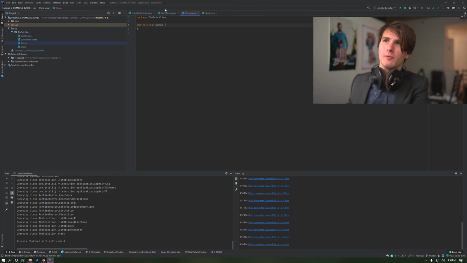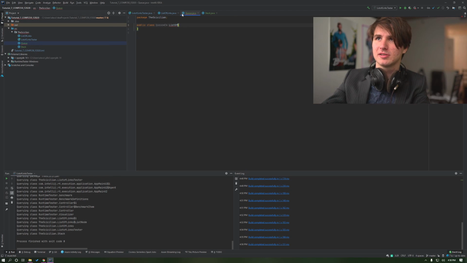Now you might be wondering, why does the iterator still work in stack and queue? It's because these extend the list of links, and the list of links has that method, so this one has the method available too, and the traversal is the same because it's based on it. Extends. Right. Now here we can add public void enqueue,